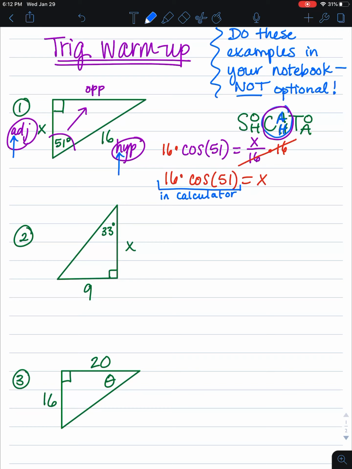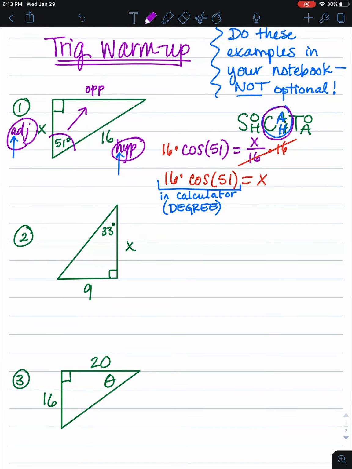Okay, and then don't forget, when you're using the calculator and you're doing trigonometry, you must always check to make sure your calculator is in degree mode. Okay, I'm going to put a little note here, make sure you are in degree mode. Okay, which is the mode button next to the blue second button. All right, once you have that, you're going to type 16 times cosine of 51, enter, and so my answer